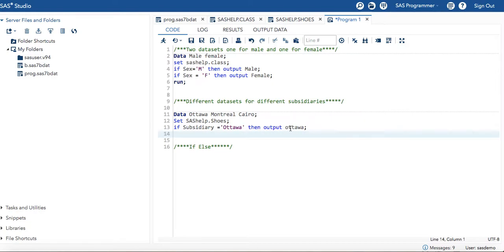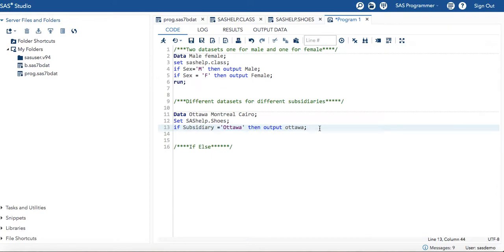However, in the subsidiary column, whatever is mentioned as the value, we have to write exactly the same in the condition, because this is a value and this is the name of the data set. The name of the data set doesn't matter, but the value stored in the column does, else it will throw an error.